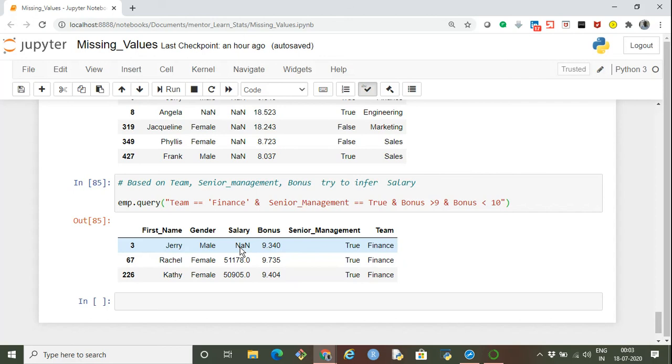So we can take this value and assign it to the salary, or we can take the average of these two and assign it to Jerry's salary. In this way, we are trying to infer the missing values based on logic.